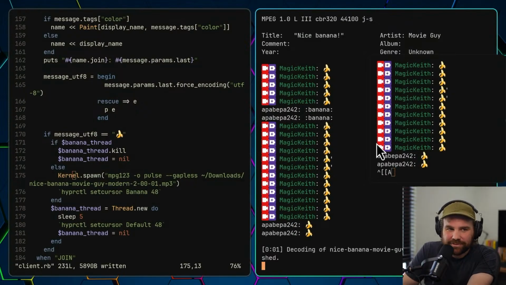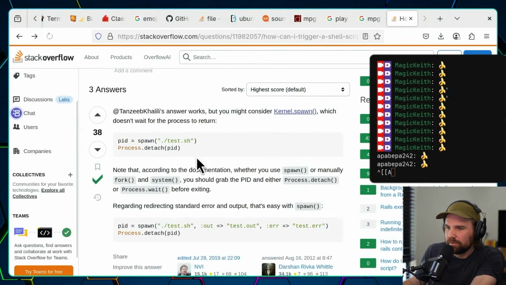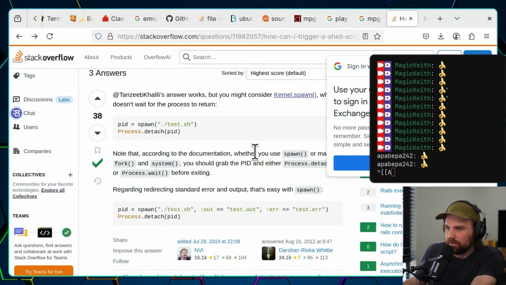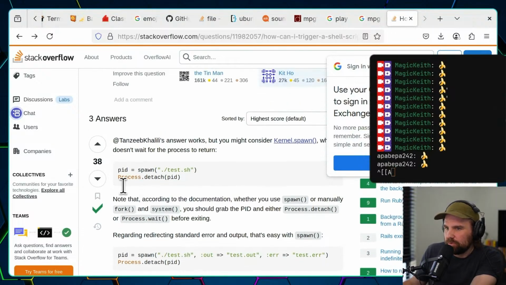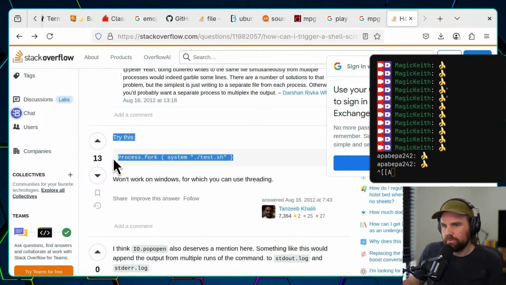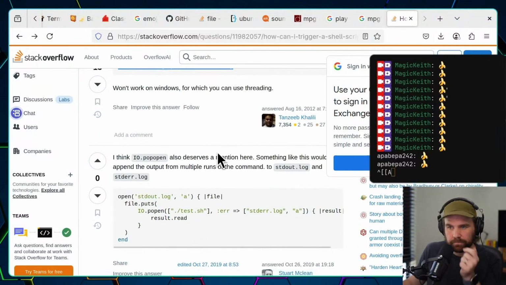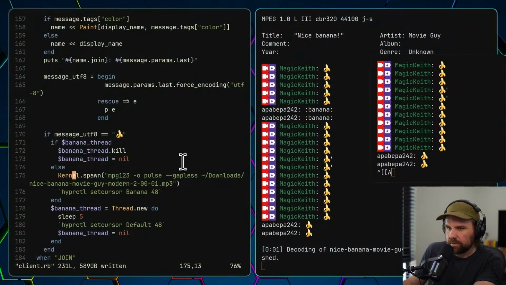Yes, this is so fun. Except it's showing the output. Spawn. Note that according to the document, whether you spawn or manually fork system, you should grab the PID. Process.fork. Yeah, let's try one of those. Yeah, let's try this one, maybe better.